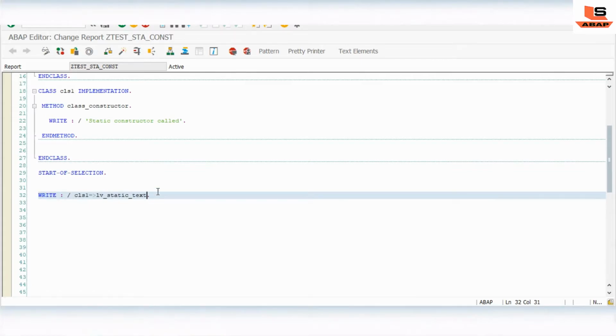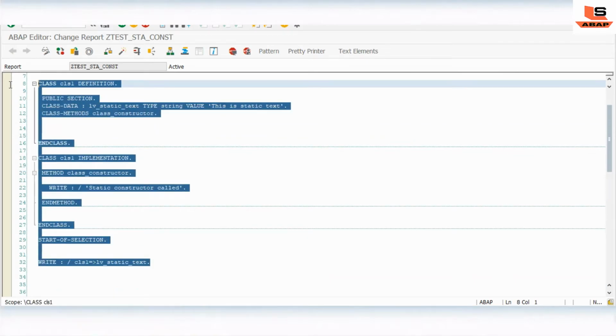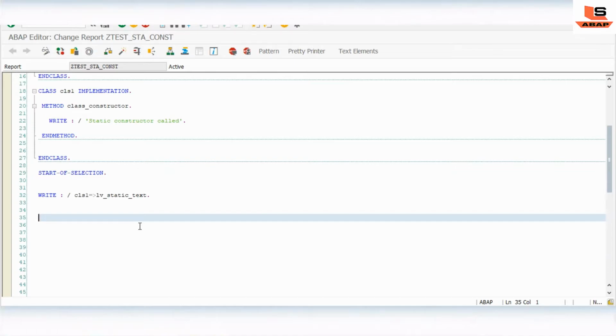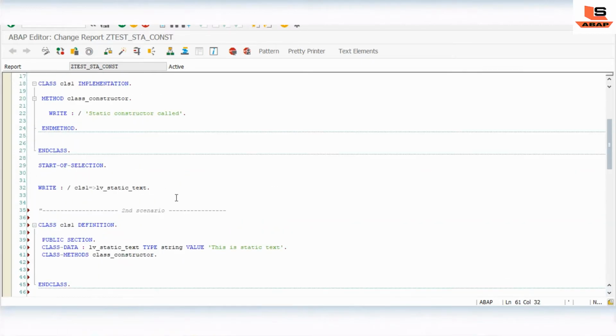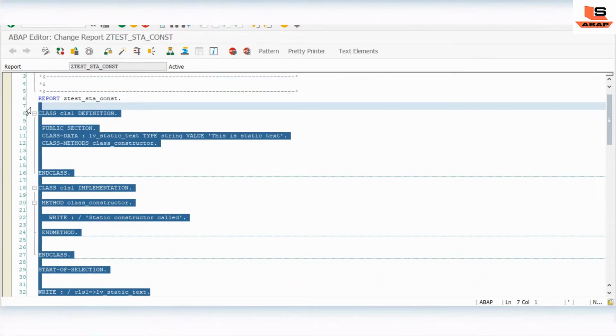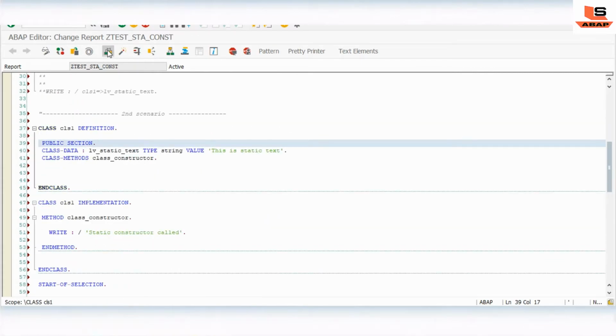Okay, so let's take another scenario. We just copy this code here. Second scenario. Let's suppose we are copying the code as it is and we will just uncomment this. Now this is the second scenario.